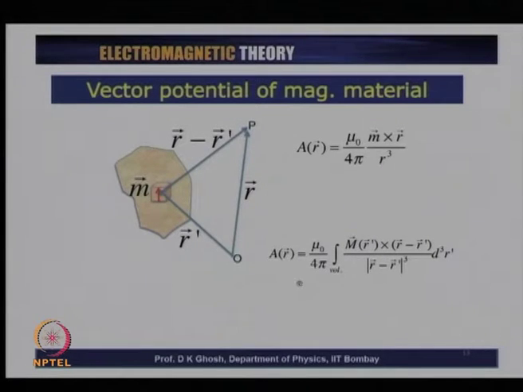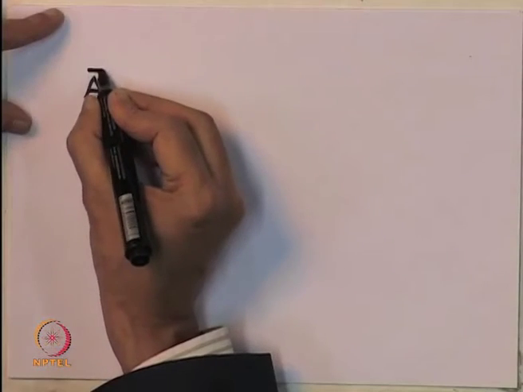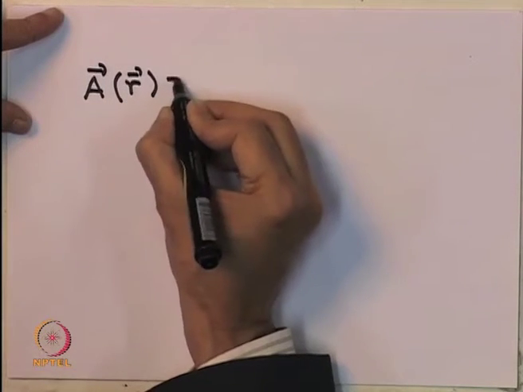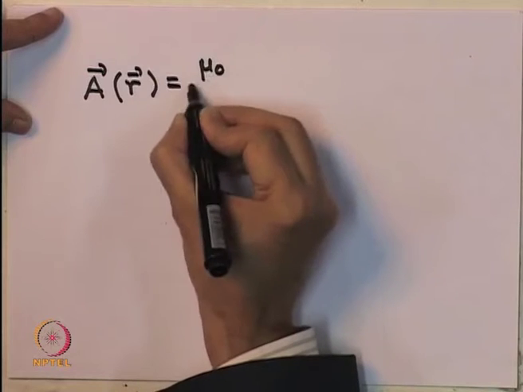So, I take the location of the magnetic moment at r prime, and I am looking at what is the field at the point P. So, with respect to this position, it is at position r minus r prime. As a result, by simply summing over, I get the vector potential at the position r given by mu 0 by 4 pi